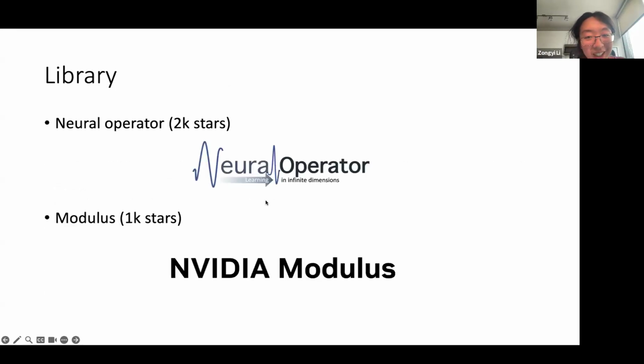Just in the very end, we have also been working on libraries. So for Caltech, we have this neural operator library. It contains all kinds of models, FNO, adaptive FNO, or geometry-based FNO, all here. At NVIDIA Modulus, it is the computer-aided design team. They also have neural operators, but they also have a lot of cool applications. This car and the weather are real cases. They're all open source. It's cool to check out.